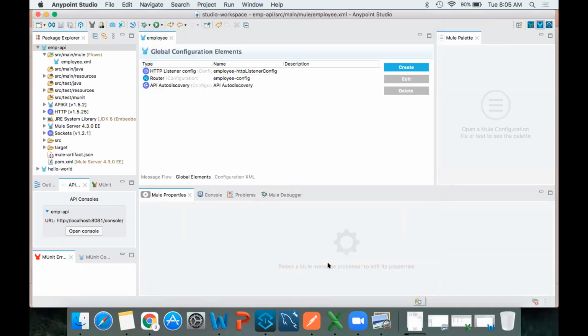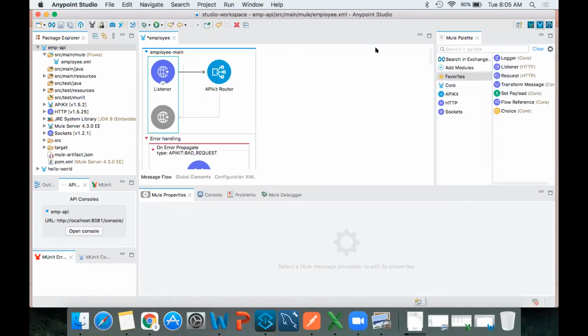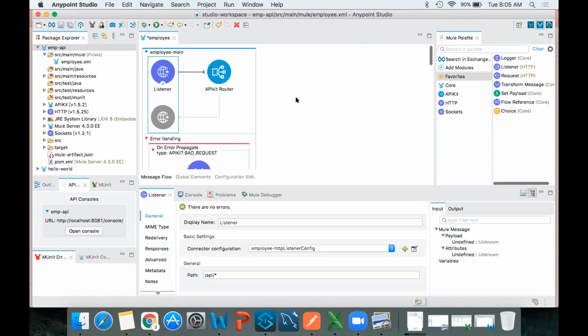Kishore, I'm getting an error: tooling instance is not available. Due to that, I couldn't run. No, that is not a problem. What you can do, see, you can always see that error in the Studio. So if you are getting that error,